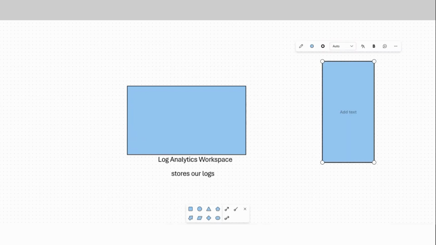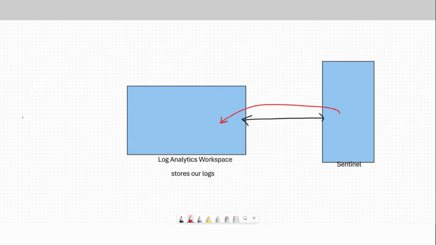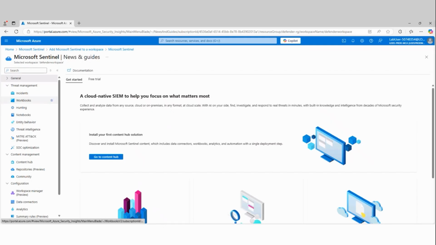Over here, we have Sentinel. And what we did is we connected Sentinel to the log analytics workspace. So that's essentially what we're doing. By connecting Sentinel to this workspace, it allows Sentinel to go in now and start performing data analysis and all the other things that we're going to want to do a little bit later. So that's what we've done at this point.